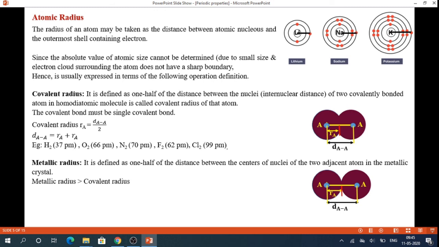Also, as per the Heisenberg uncertainty principle, the position and the velocity of an object cannot both be measured exactly at the same time. This means there is no practical way by which the size of an individual atom can be measured. Hence, an